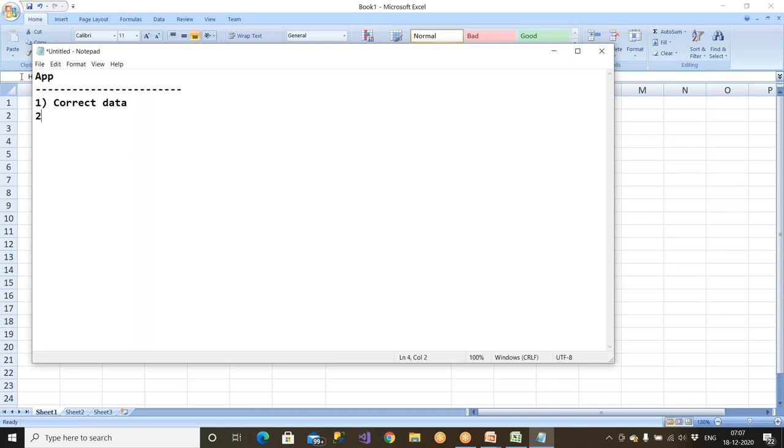The second thing, the application has to be faster. For example, I have created a beautiful application. It is providing correct data, so it is providing the correct temperature. But the only thing is that it is slow. When I click on some button, the cursor will rotate for 2 minutes, and then it will show me, hey Bhaskar, the temperature in Hyderabad, in your city, is 12 degrees Celsius.